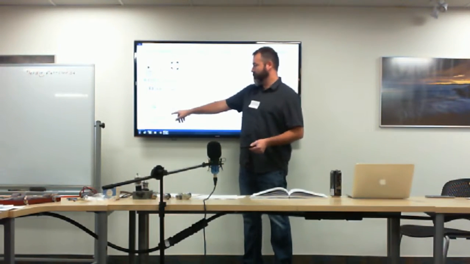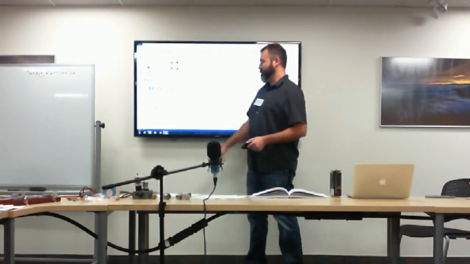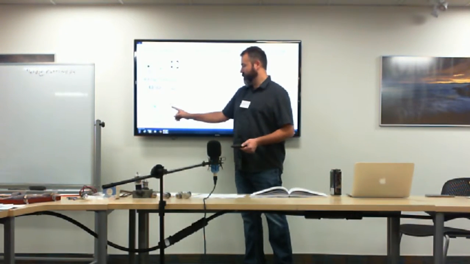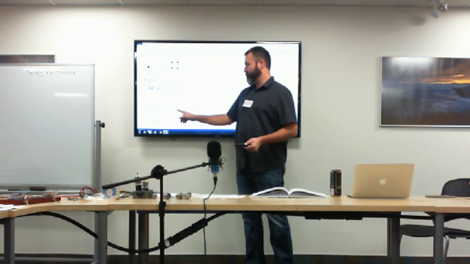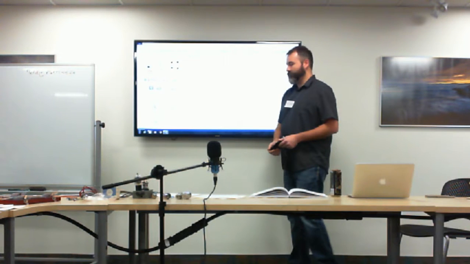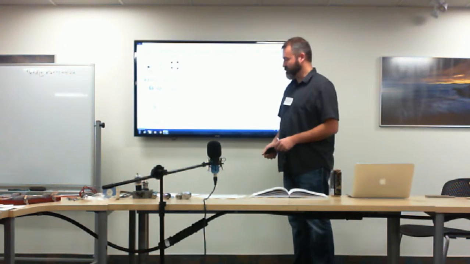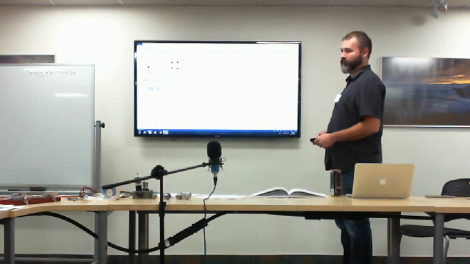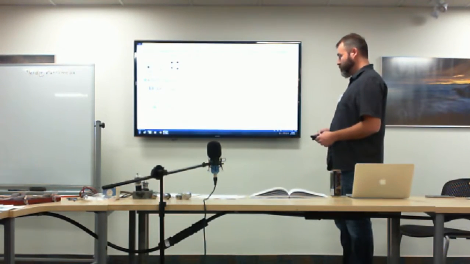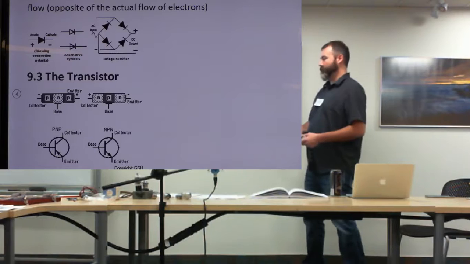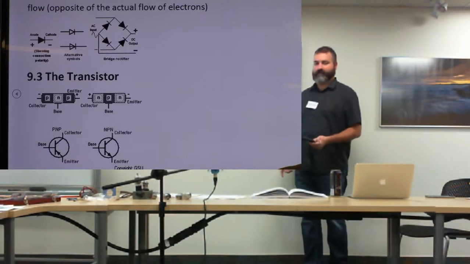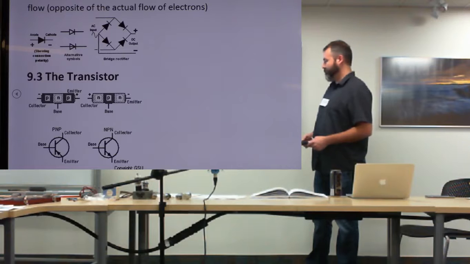So the arrow on here again is following conventional electronics theory, in that the electrons flow from the positive to a negative, but in reality, in the NPN it's negative. It flows from emitter to base, and the opposite from base to emitter. So I don't know if that'll help you remember or not, or confuse you more, but you'll have to remember that for the test. You will have to remember which way electrons flow. Again, the transistor is actually short for transfer resistor.